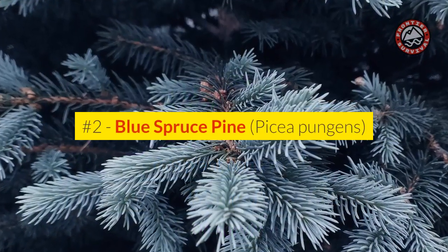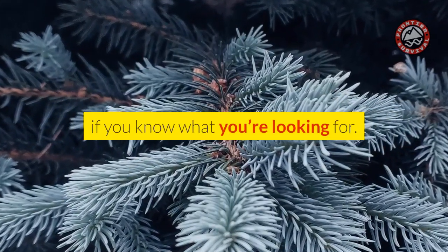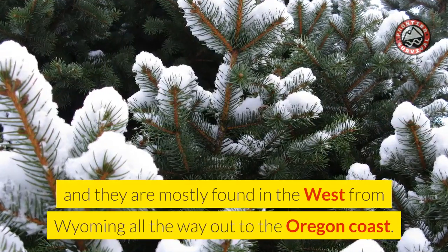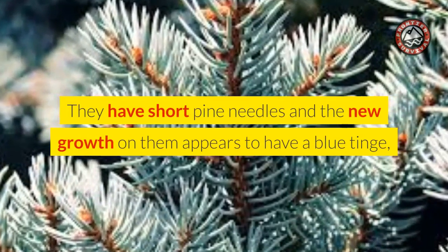Number 2 Blue Spruce Pine, Picea pungens. Blue spruce pine trees are relatively easy to spot if you know what you're looking for. These pine trees are conifers, so they stay green, even in winter, and they are mostly found in the west from Wyoming all the way out to the Oregon coast. They have short pine needles and the new growth on them appears to have a blue tinge, making them relatively